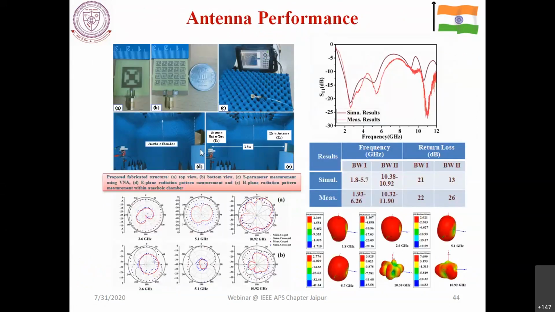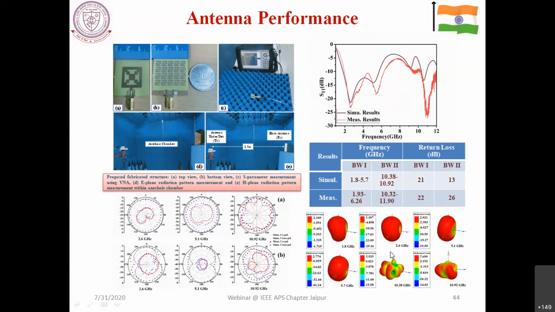This is the antenna which has been fabricated and measured in the anechoic chamber at IIT BHU, and the patterns have also been measured. We can show here the simulated and experimental results. They are nearly matching. You can see from these results that the cross-polarized one is much below the co-polarized one, and the first bandwidth is quite high while the second one is comparatively narrow. You can also get a substantially high gain even at high frequency. We have achieved a gain close to 7 dBm.